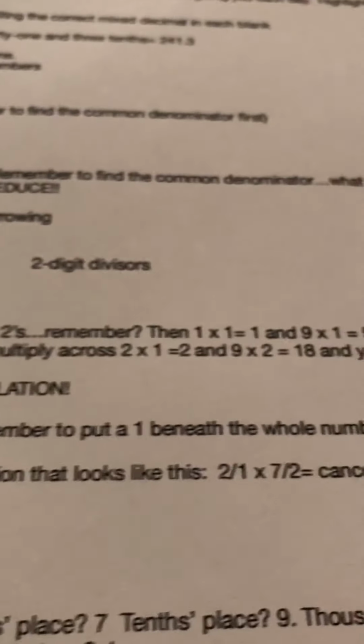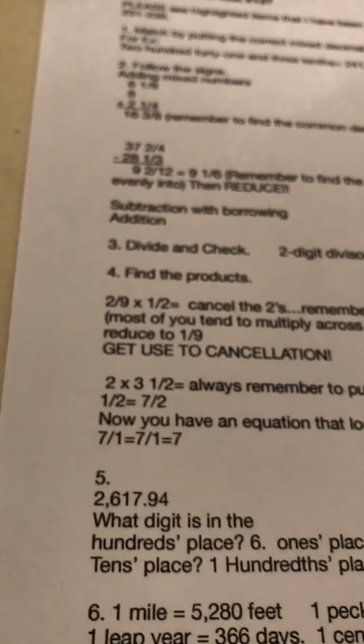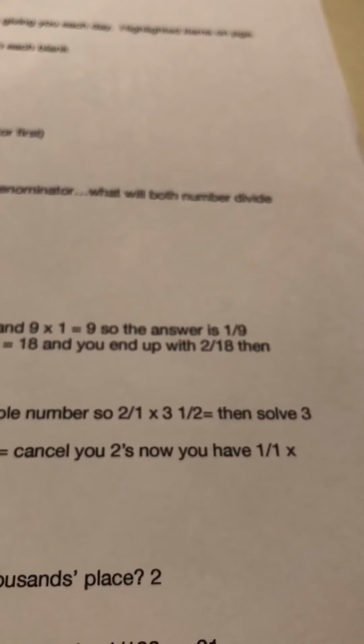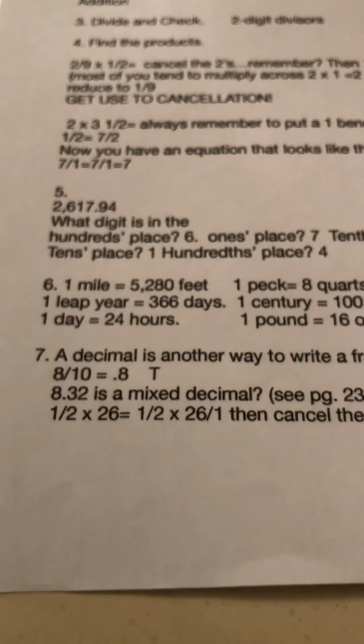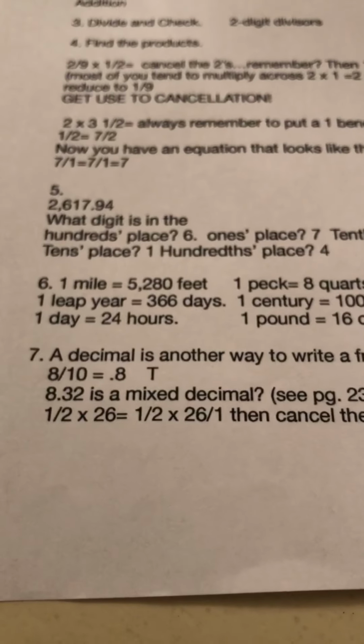Now you have an equation that looks like this. Then you cancel your 2's. Now you have 1/1 times 7/1 equals 7/1 equals 7. Does that make sense? See that? Okay. Write that out if it's hard to follow. When I type it up, it's not as easy to type up the fractions as you think it would be. My phone's having a little bit of a hard time focusing right here. Okay. Now,